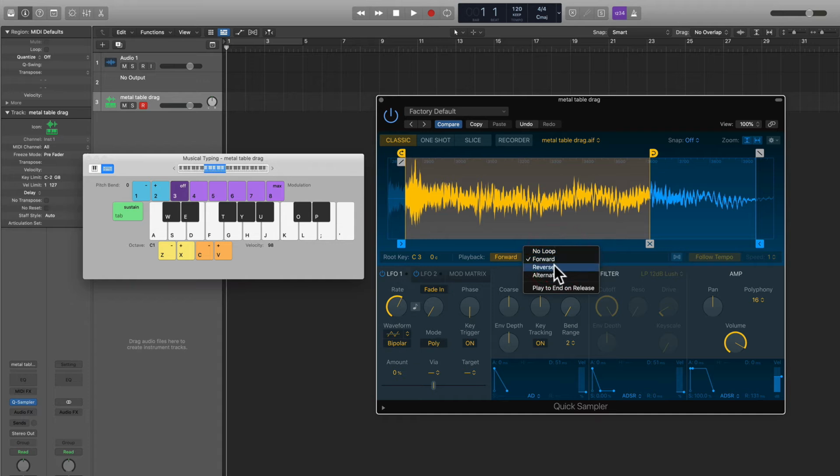I can say no. But notice that you can also make the loop reverse. So I can do something like this. So every time it loops, it's doing it in reverse motion. So there are various ways you can control that or not have it loop at all. So that's pretty simple. And notice as I play higher notes,